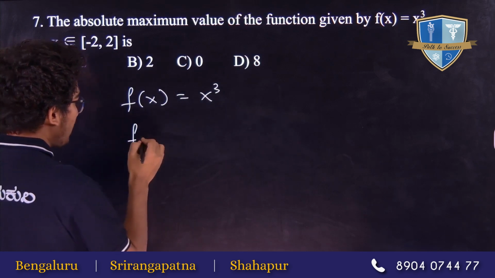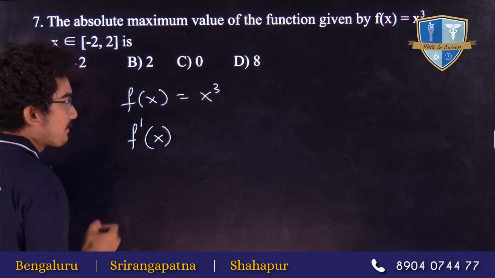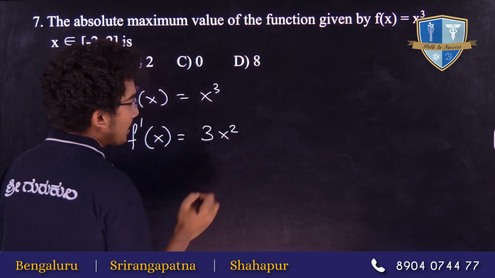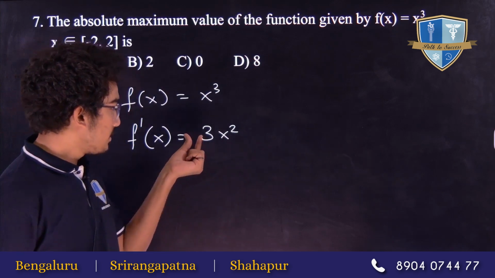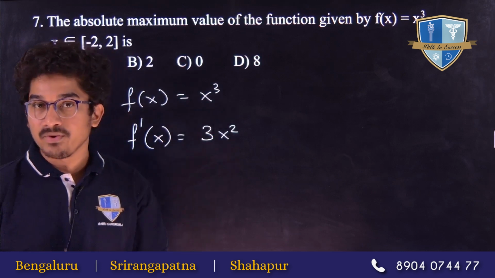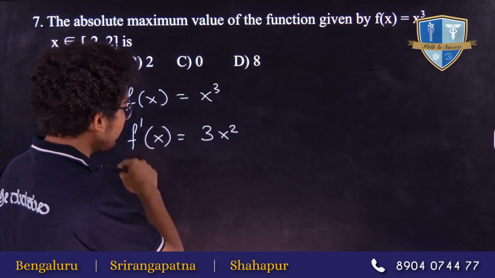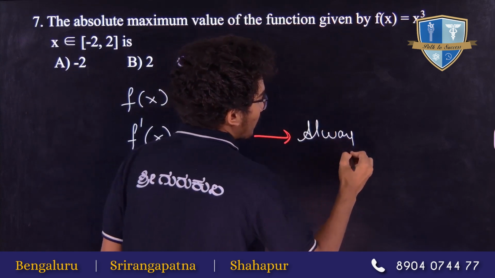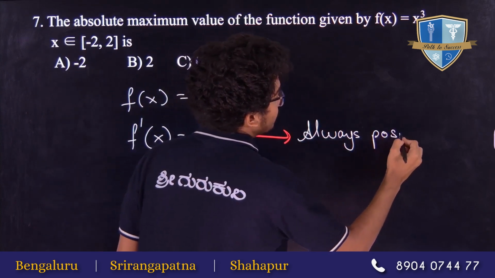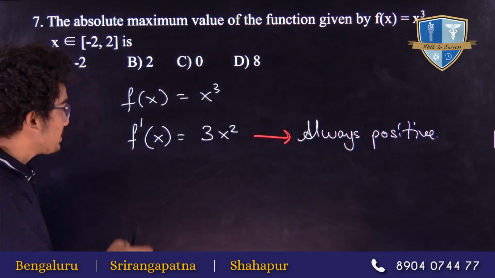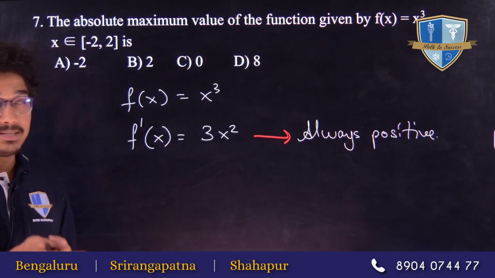So what we'll do, we'll first find the differentiation of this function. f dash of x is 3x square. Now since 3 is a positive number and x square, the square of any number, will always be positive. So f dash of x is always positive. It is always positive means the function f of x